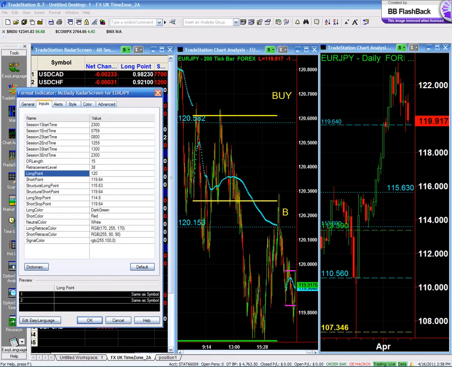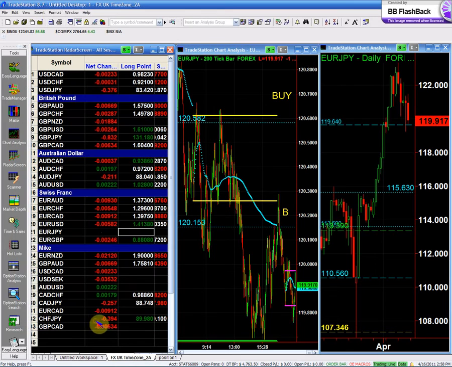You're going to place your stop at 120.15. So what I'm trying to say is, you can buy initially, if you want, above the 120.20,